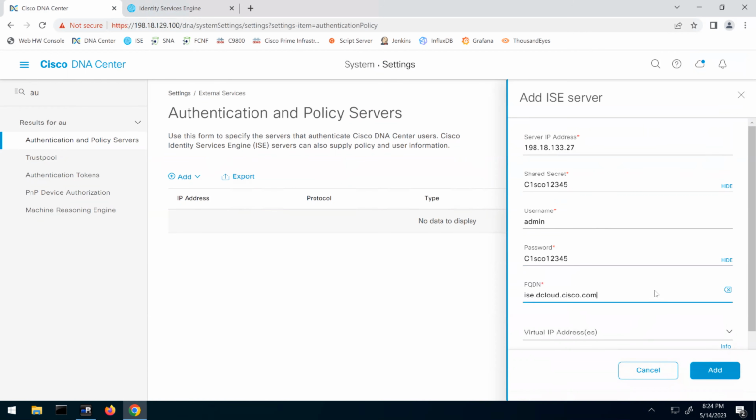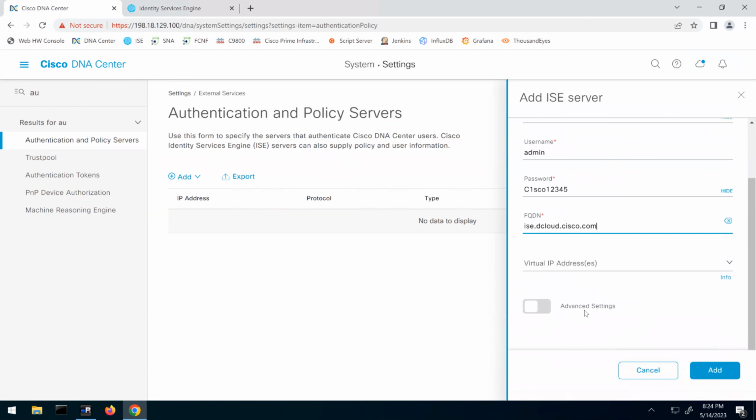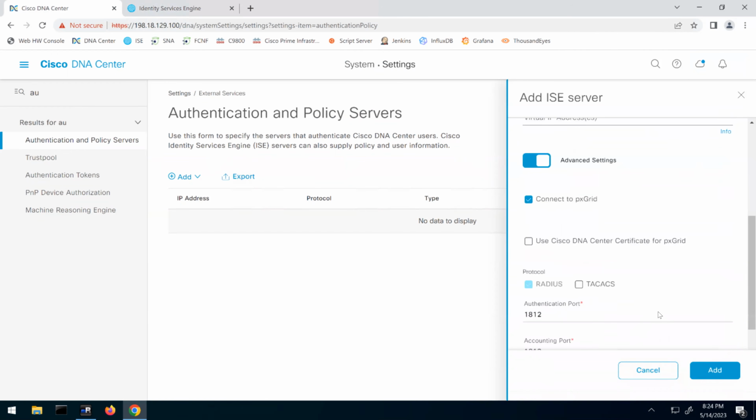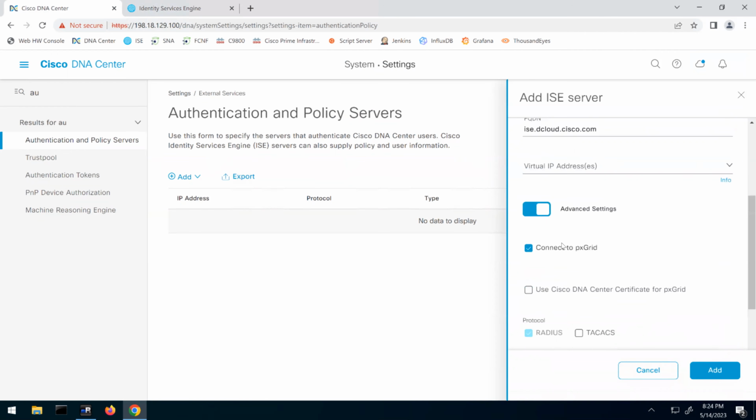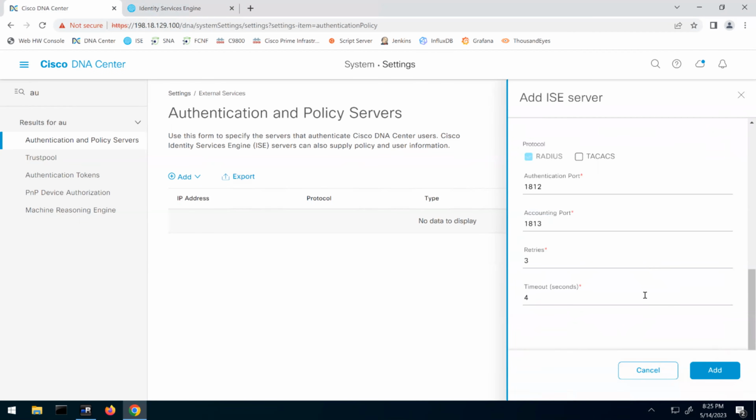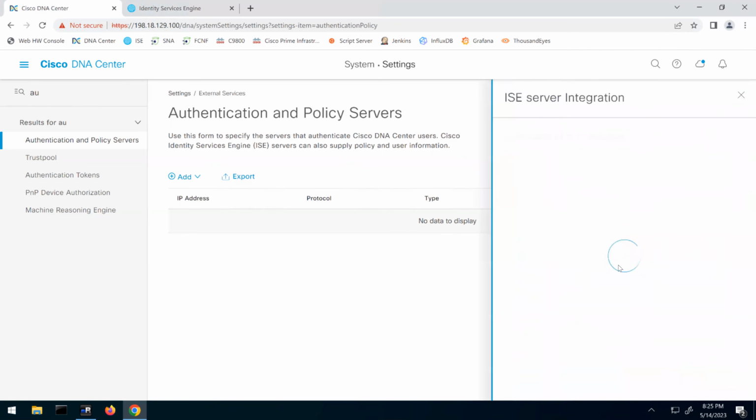Now, if you scroll a little bit down, you will see here that we have advanced settings. In case you want to enable TACACS, you can go and enable. RADIUS is by default, we can go and enable TACACS. Now here you can see that we have connect to pxGrid, use Cisco DNA certificate for pxGrid. So it will go and connect to pxGrid as well. That's the communication channel in between the